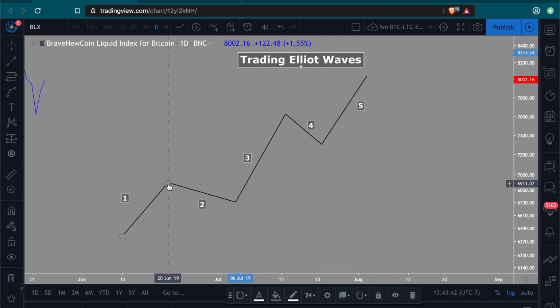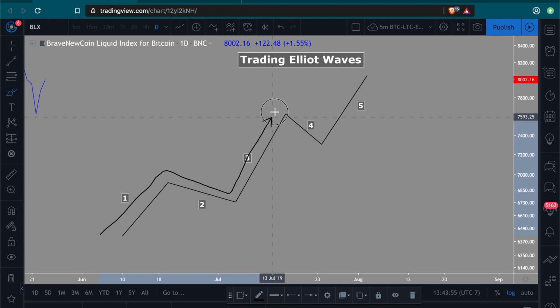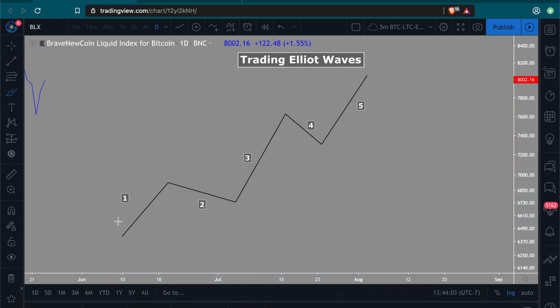Typically, Elliott Waves comes in this 5-wave cycle. You have this first wave up, which is the starting of the first Elliott wave. The second wave is a pullback. The third wave is a big sharp move up. Fourth wave is a pullback, and then fifth wave tops off the trend typically. Okay. Now, waves 1, 3, and 5 are known as motive waves, okay? M-O-T-I-V-E. And then number 2 and 4 are known as the corrective waves, okay?